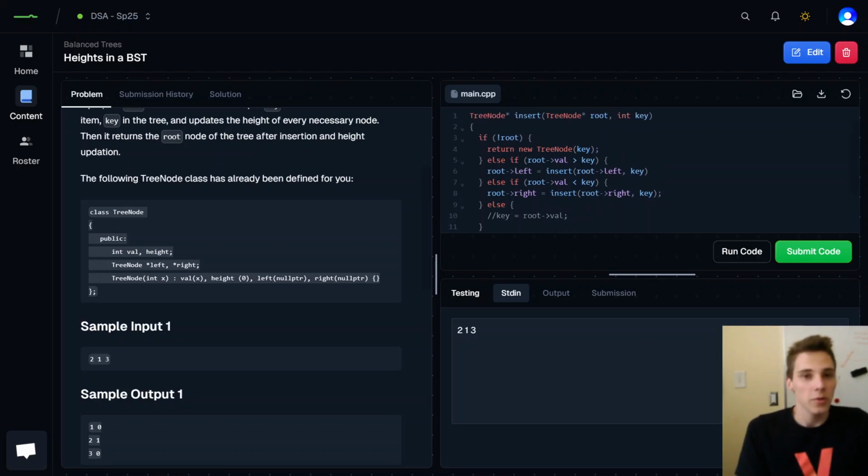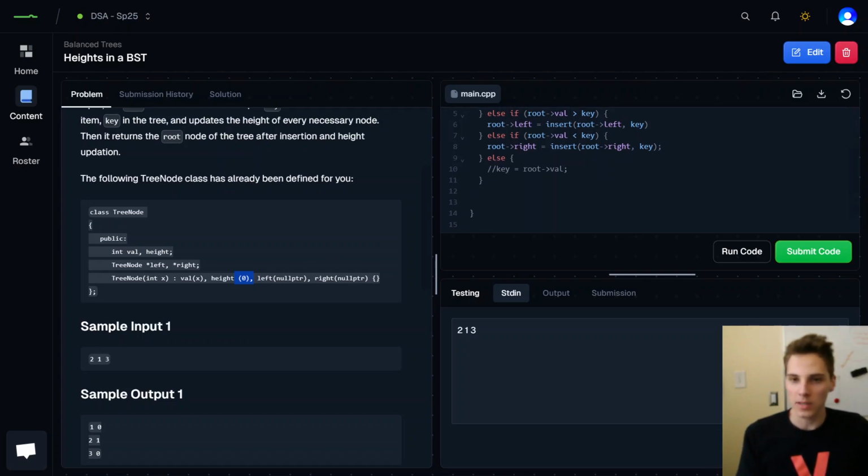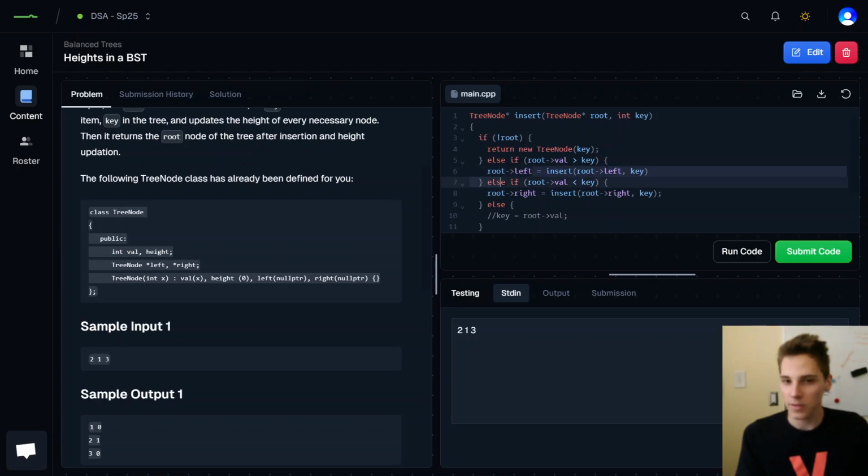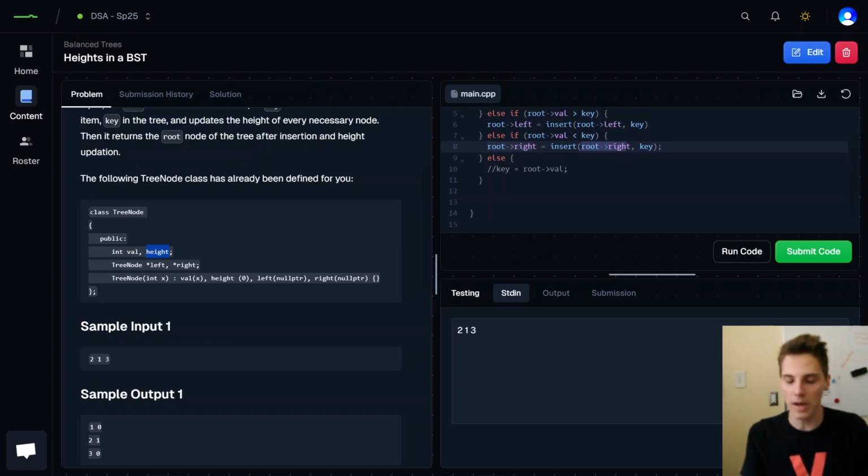All right, so now if the root is null, it would have just returned a new tree node with a height of 0. Otherwise, it's just got either its left child or its right child updated. And as a result of that, its height might have also been updated. And we need to write code to reflect that new height. So if we update the height, well, what do we update it to? Well, again, it's going to be 1 plus the max of the height of the two children,